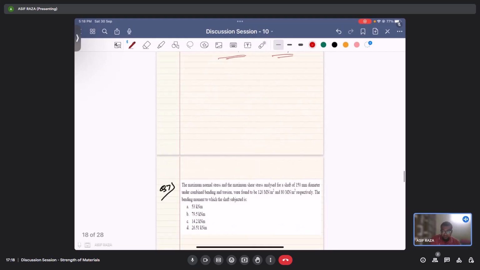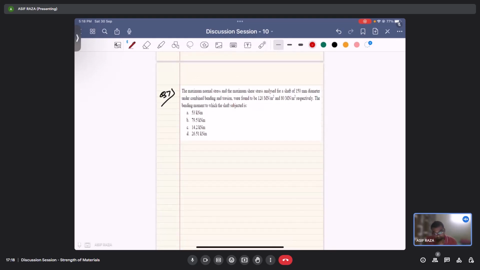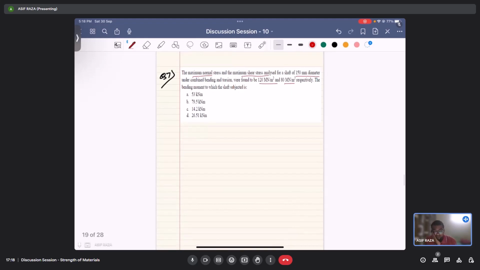Okay, moving on to the next question. Question number 7: the maximum normal stress and the maximum shear stress analyzed for a shaft of 150 mm diameter under combined bending and torsion were found to be 120 meganewton per meter square and 80 meganewton per meter square respectively. The bending moment to which the shaft is subjected is? Yeah, so this is quite a good question. In this, we have to go the inverse way. As of now, we have been solving